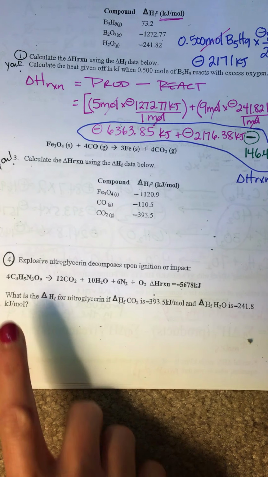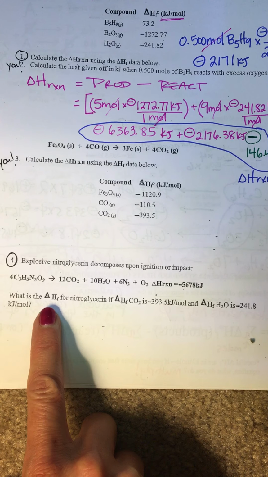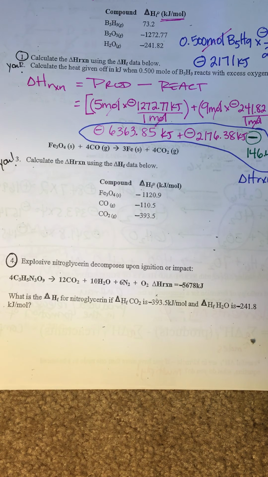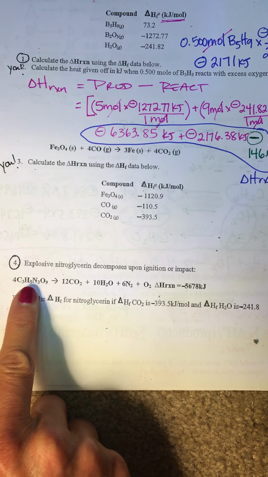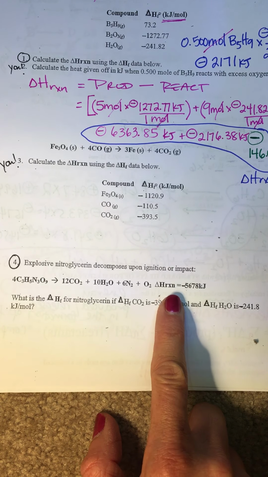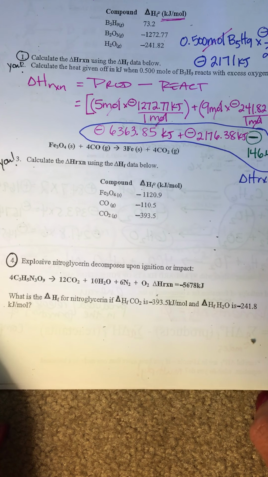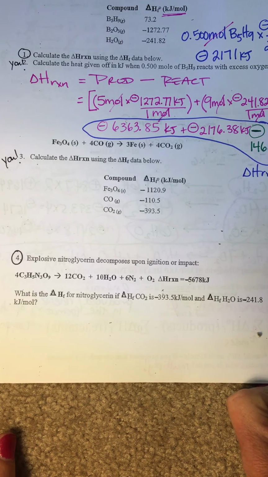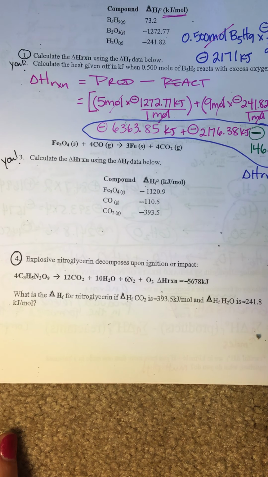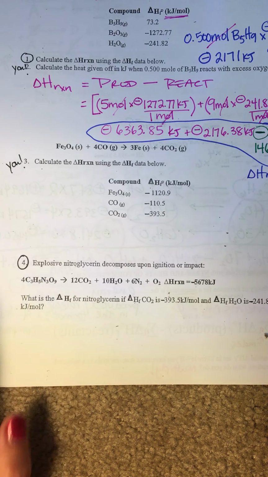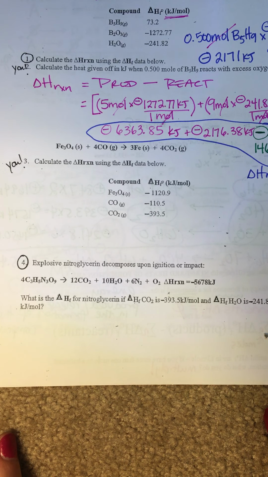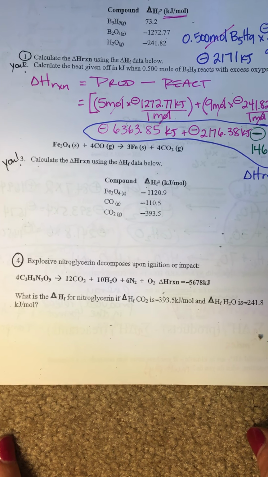Something slightly different is that you've got the heat of formation for nitroglycerin that you're calculating for that compound right here, the reactant. We don't know that, okay? They did give you the overall change in energy of the reaction, which we solved for in our previous problem up here. So they're asking for something different, okay? They didn't give you the heat of formation of the reactant, so you're going to need it to be a variable. So we're going to go ahead and set it up in this video,